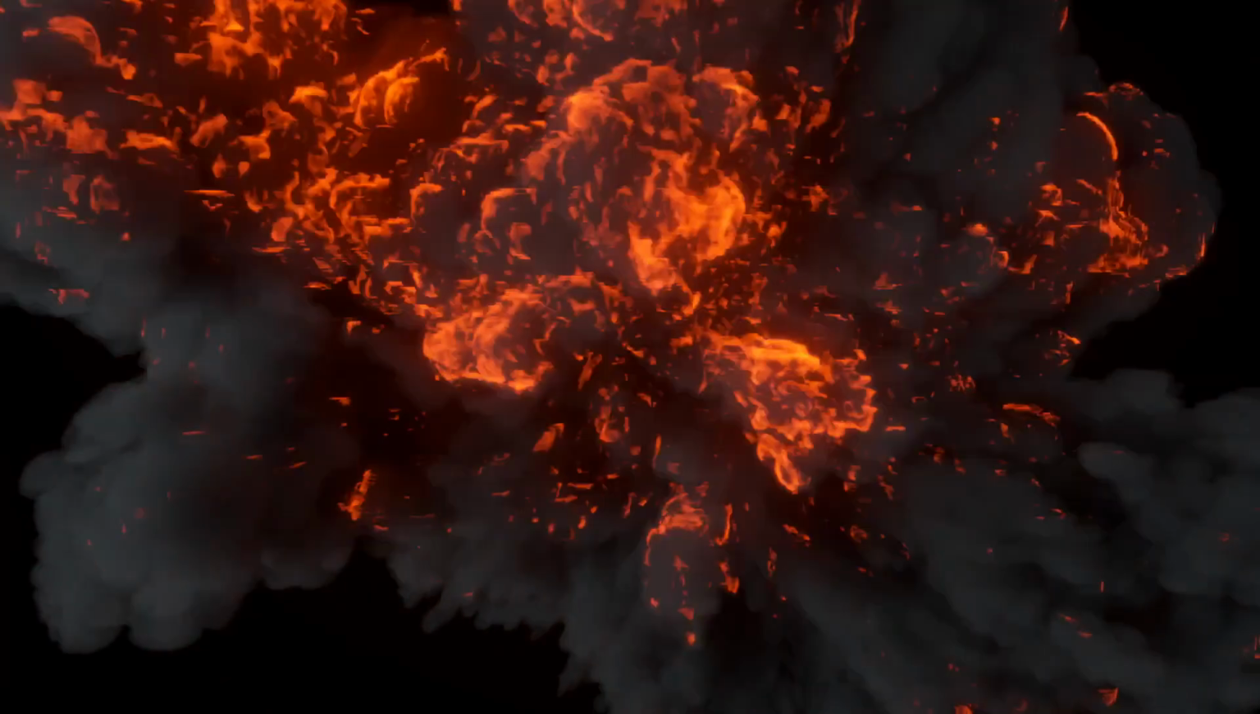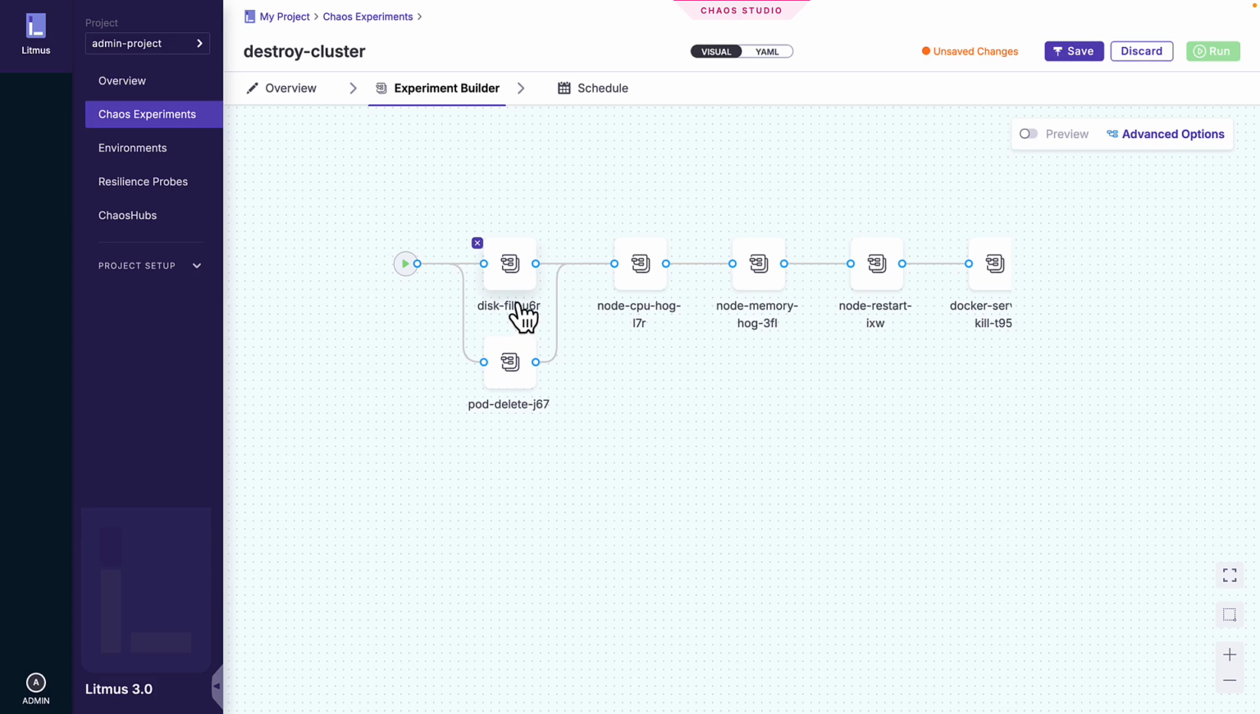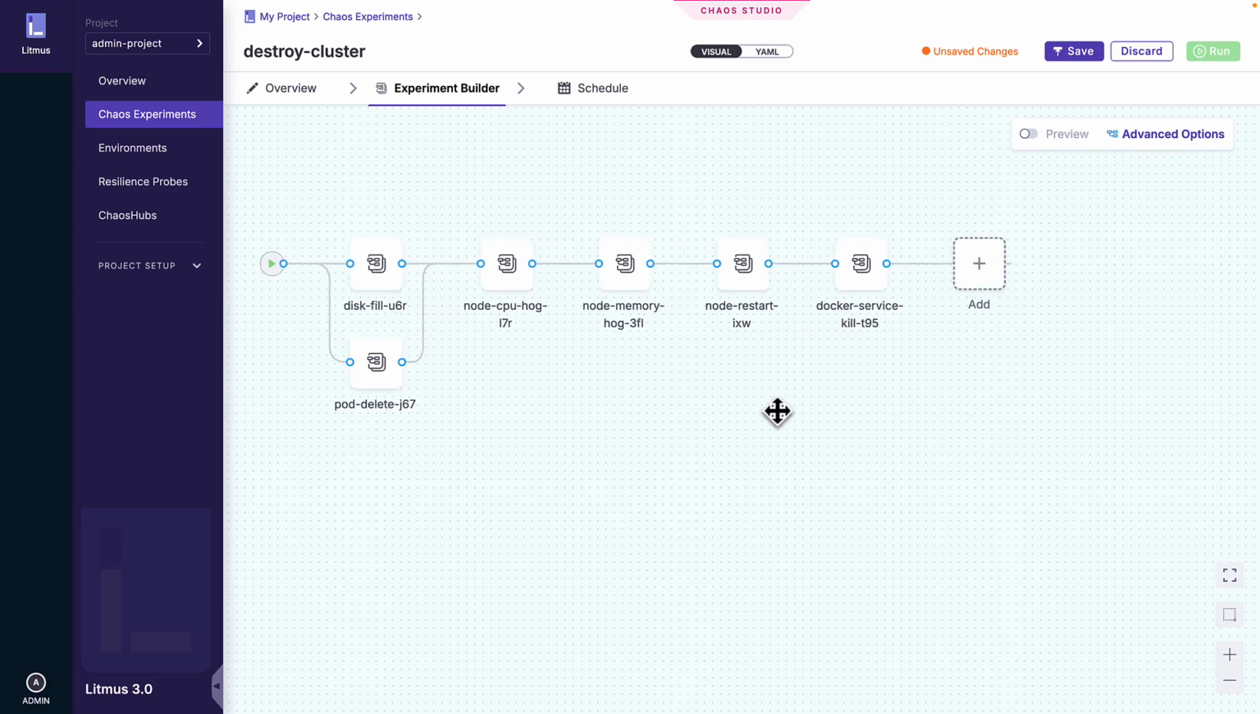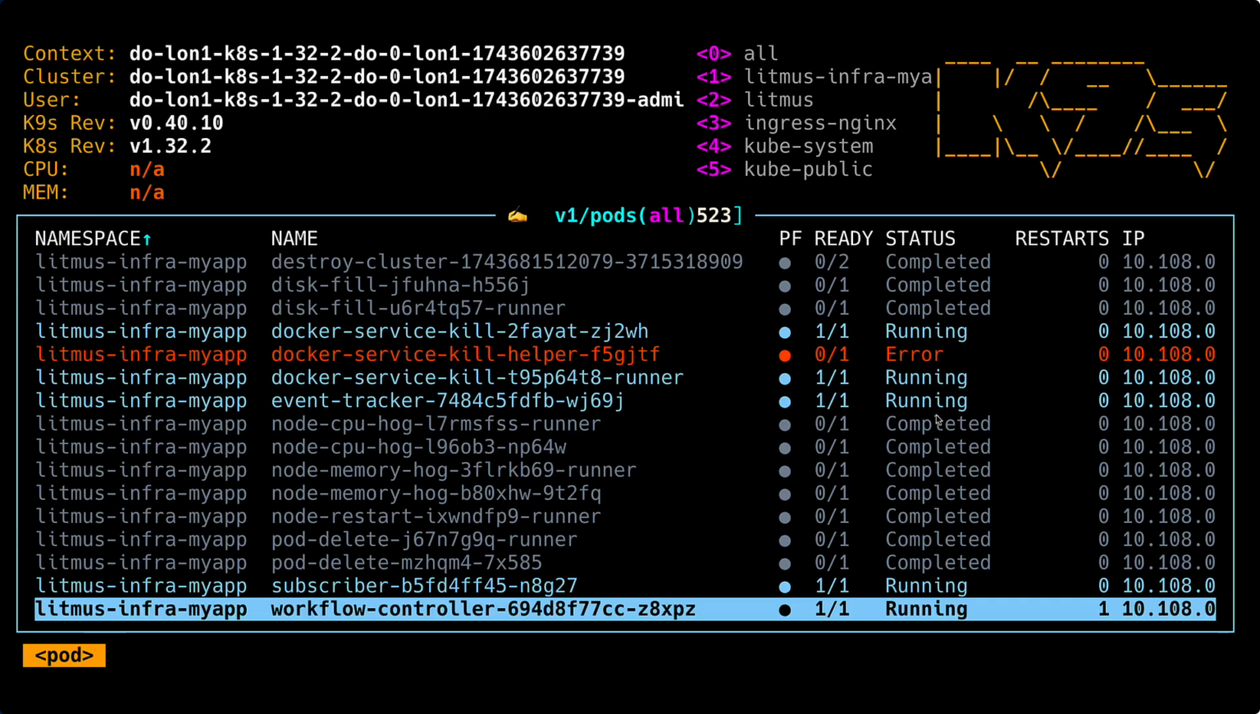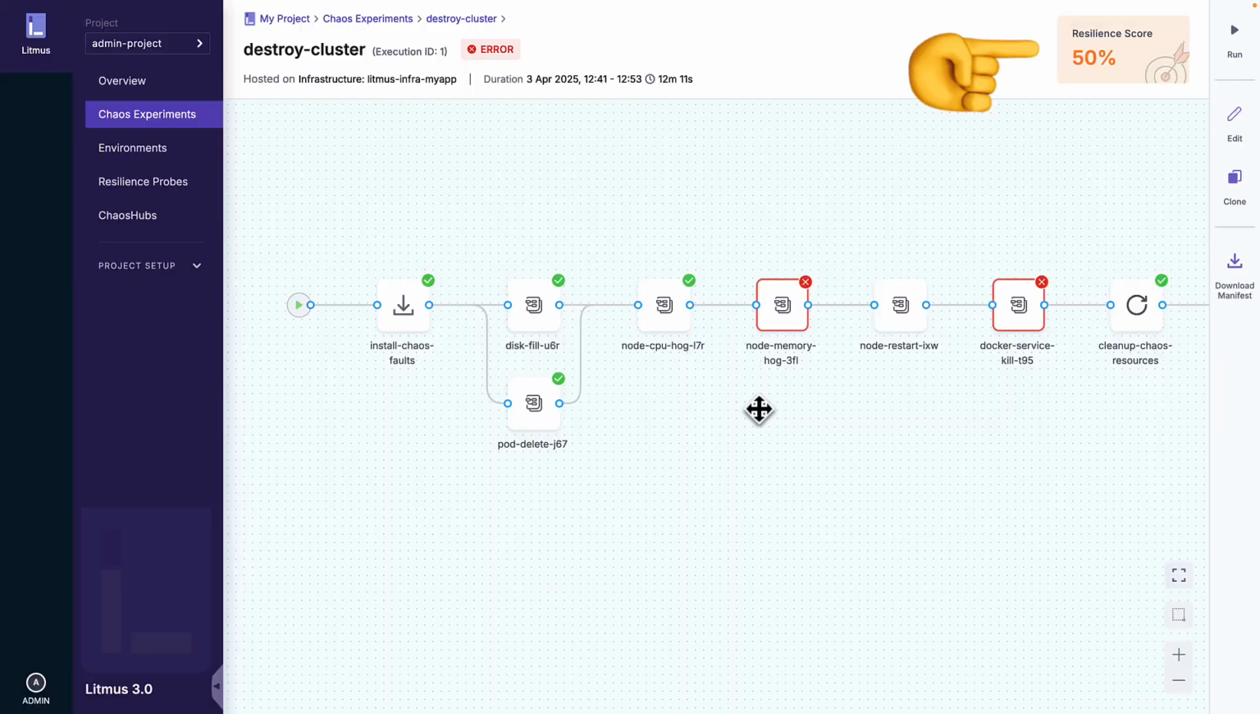But let's see if we can destroy my cluster by filling the disk and deleting a pod at the same time, hogging the CPU, hogging the memory, restarting a node, and killing the Docker service. So after a few spikes and destroyed resources, it looks like my system isn't quite ready to face the world